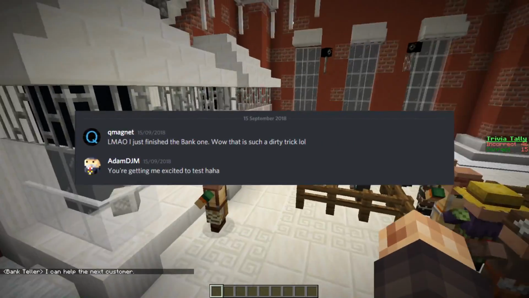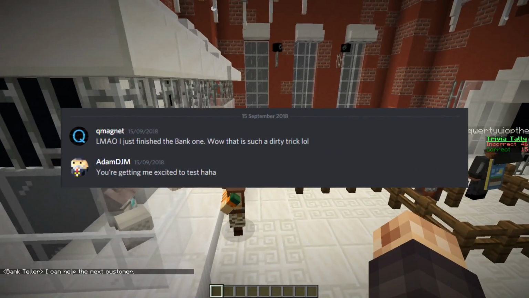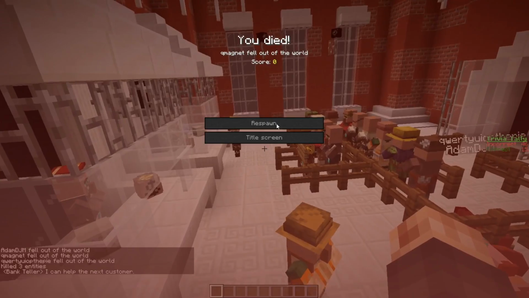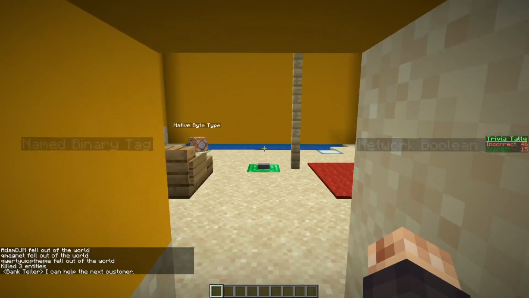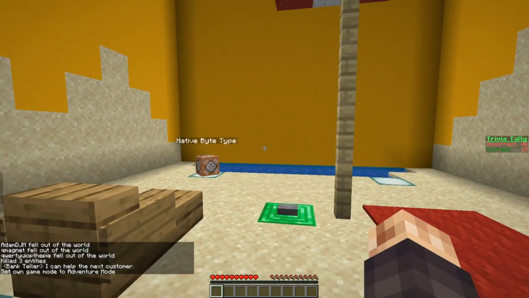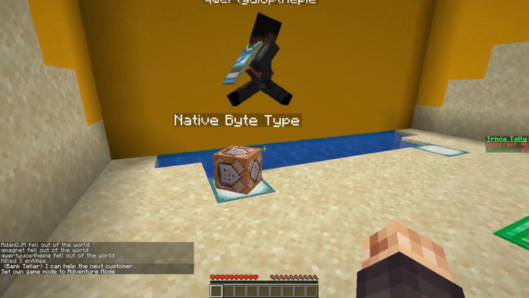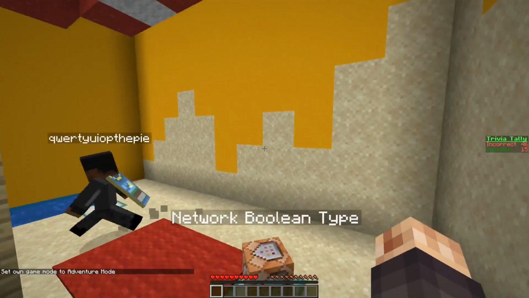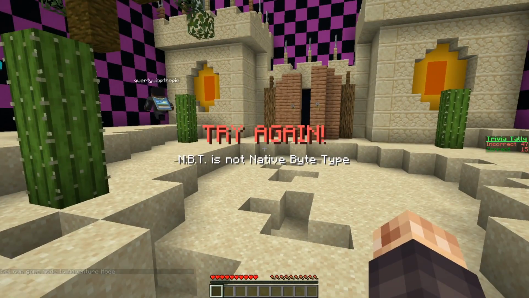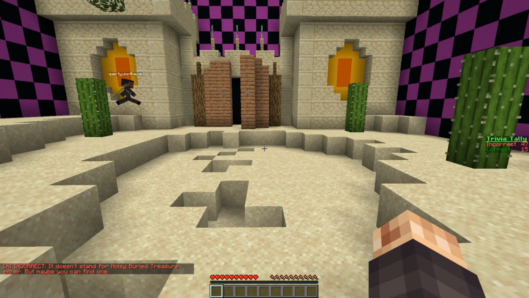So anyway, basically you get to the end and it says this is taking forever, which is going to take forever. So I'm killing us all. Take us out of our misery. All right. So it's not native byte tag. Hit that one, Qwerty. Okay. Native byte tag. It's also not...